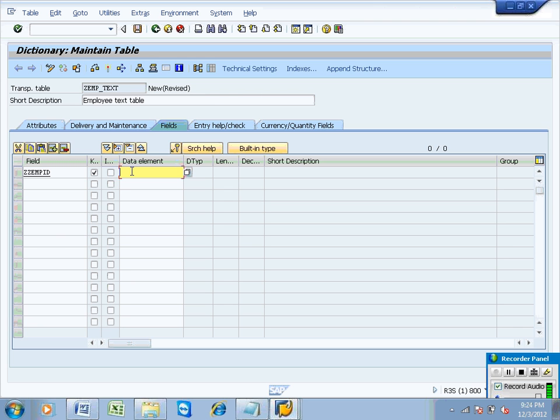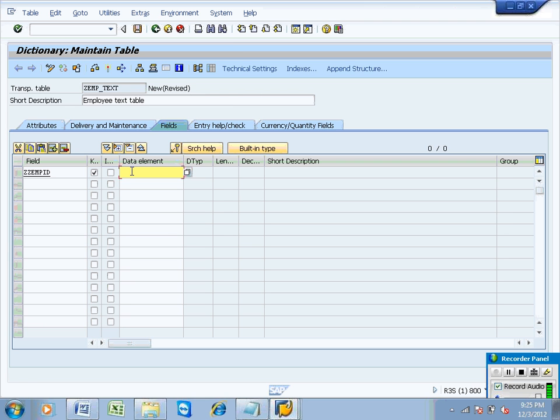So if you want to define a field, first of all you need to define a data element and a domain. See, a table contains fields. If you want to define a table, then you need to define a field. And if you want to define a field, then first you need to define a data element. If you want to define a data element, before that you need to define a domain.